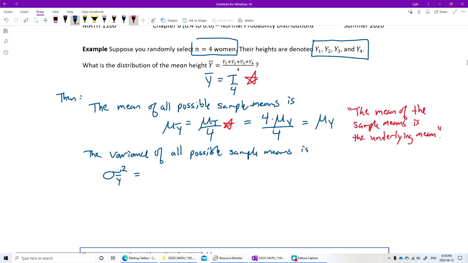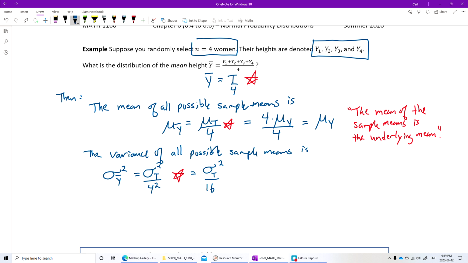Going from this starred equation, what happens is I get the variance of t, but then do I divide it by 4? No, I don't divide it by 4. I actually divide it by 4 squared, which is 16. And the reason for that is